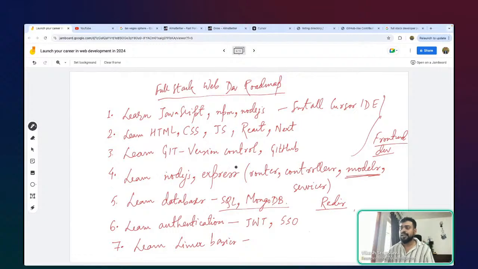Okay, so that's the whole idea, and of course we need to build our portfolio over time, so we don't have to wait for the end. We need to keep focusing on building our portfolio. So this could be your GitHub profile, your personal website, or your personal YouTube channel. But I would say invest in these, right? Try to do something so that other people can see that you are an active developer, really focused on learning new things and interacting and sharing. So that's a good trait, and I would say you definitely need to inculcate all of that, if you're thinking seriously about becoming a web developer.